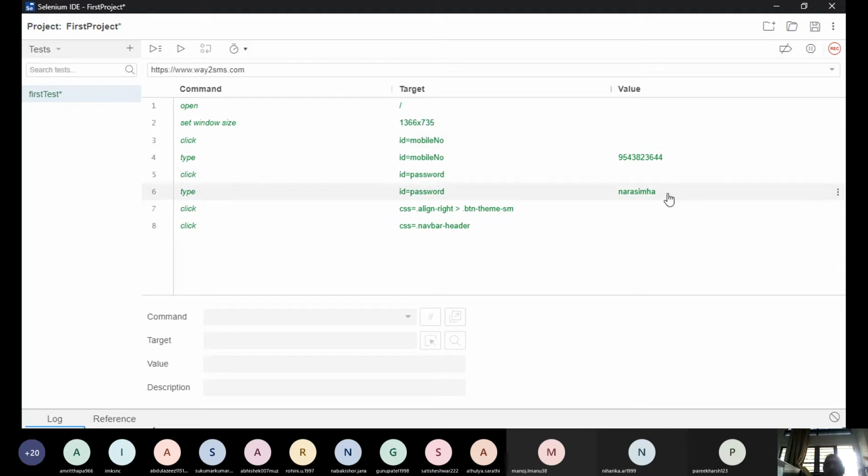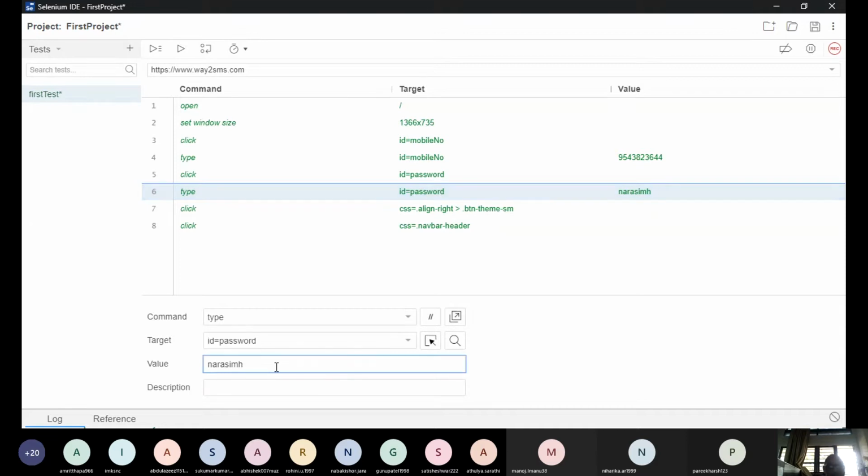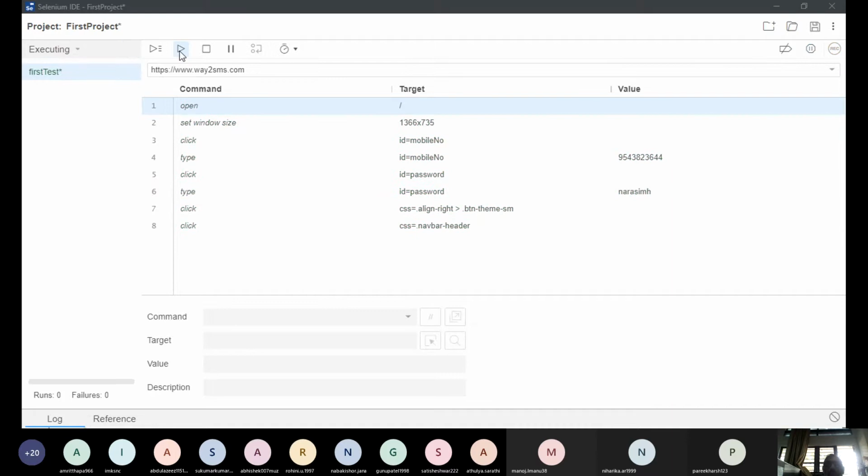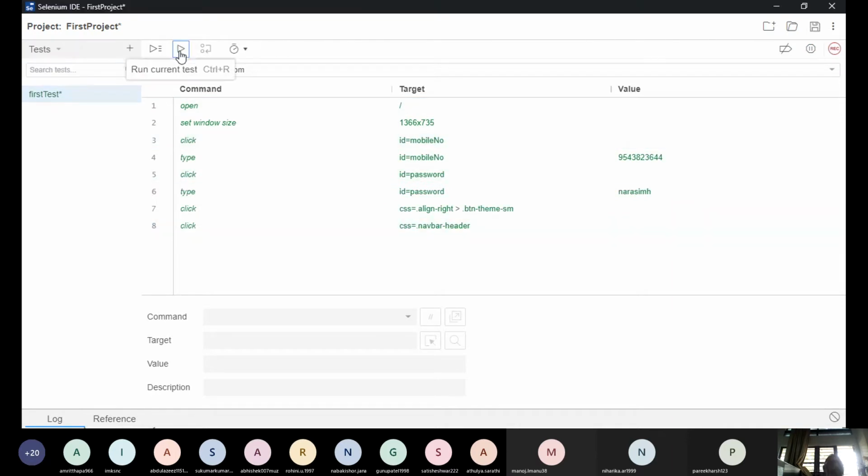Click. Now I gave a name, suppose I remove that H. There's no need to save this, automatically it will get saved. Suppose I run now. Let us see, because I think this IDE keeps changing.